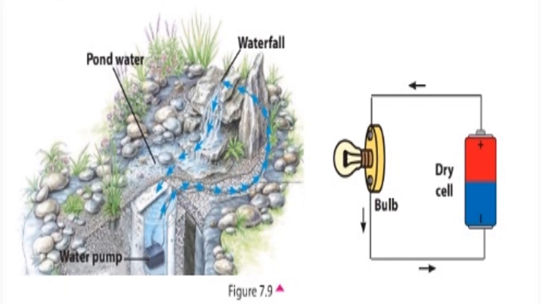A dry cell provides electric potential energy to electric charges. The positive terminal has higher potential than the negative terminal. This difference of electric potential energy between the two terminals of the cell is called voltage or potential difference. Electric current flows from higher electric potential to lower electric potential. The voltage between the positive terminal and negative terminal of electric cells and batteries is marked on them.